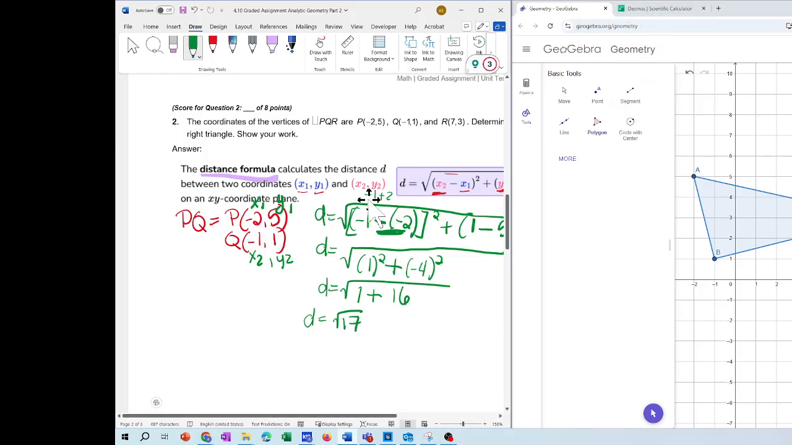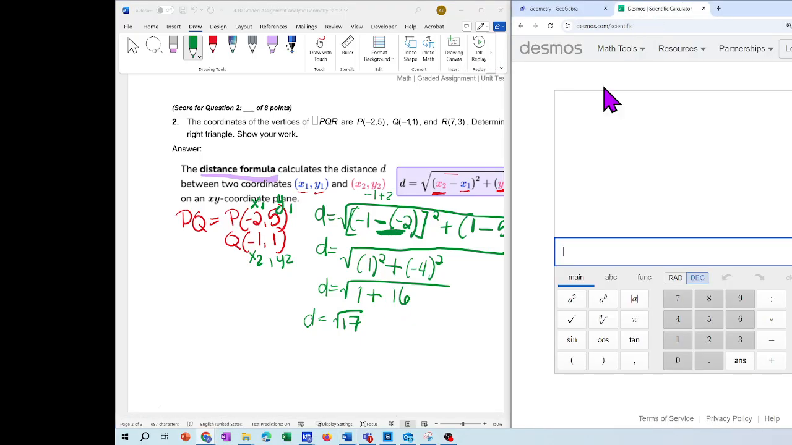Remember, I want you guys to show your work, but you can also check your answer, right? So I'm going to do square root. I'm going to do it on Decimal Scientific. Remember to use parentheses. So I did negative 1 minus negative 2. Remember, don't forget that negative there. Then square it